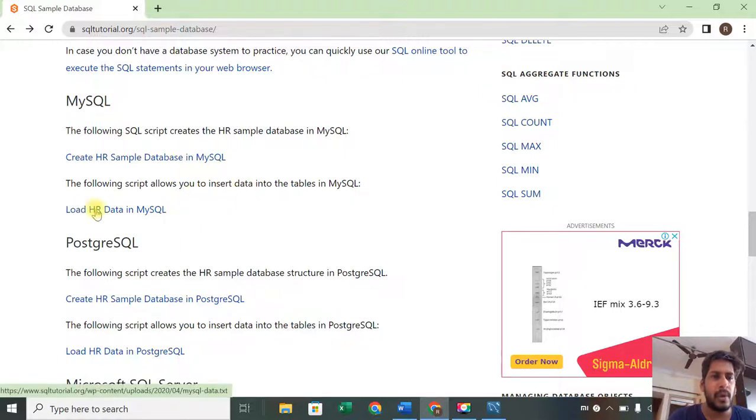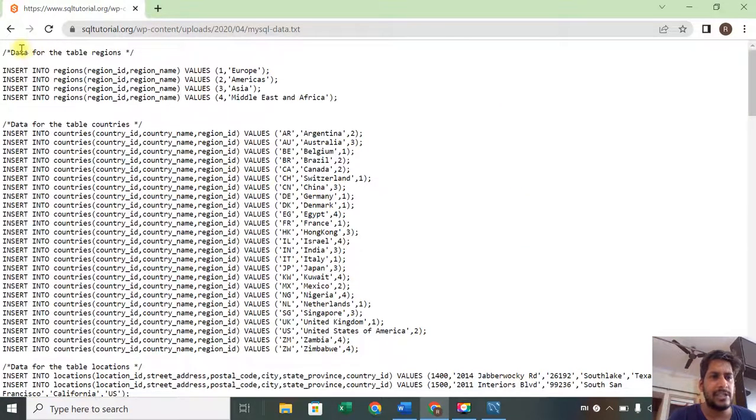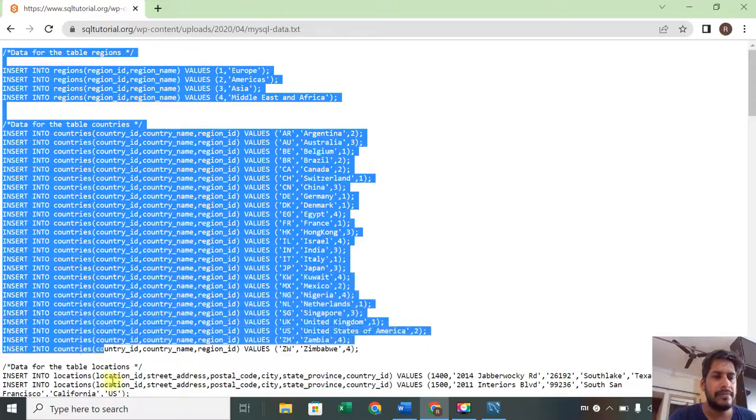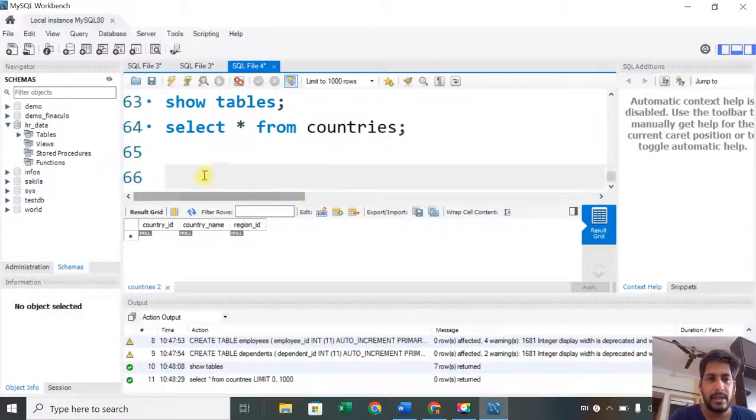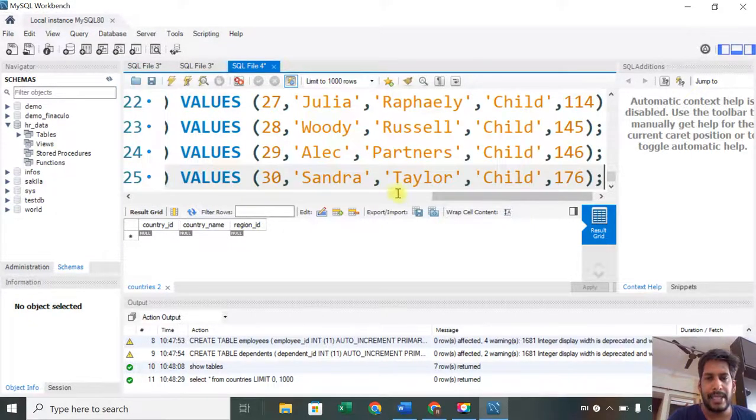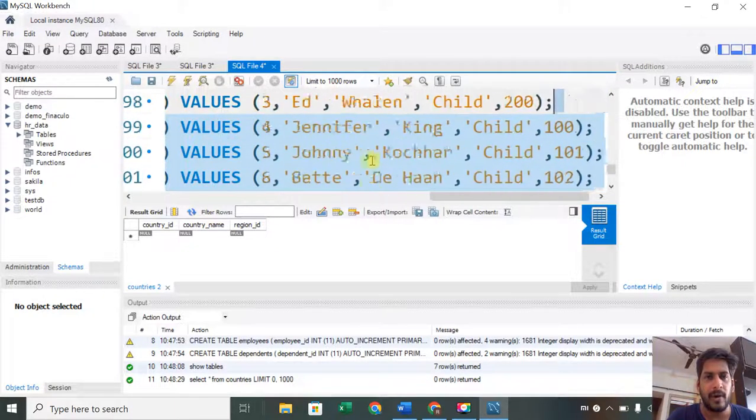To insert data we have load HR data in MySQL. So I will click on that. It will open each of the tables. For each of the tables, this is the information it is going to insert. What I will do, I will select them all, control C. I'll go back to my workbench. From the 66th row I'm pasting, control V. Don't worry that it will select a lot of things. Okay, 200 plus rows. I will hold control shift and keep on selecting all the